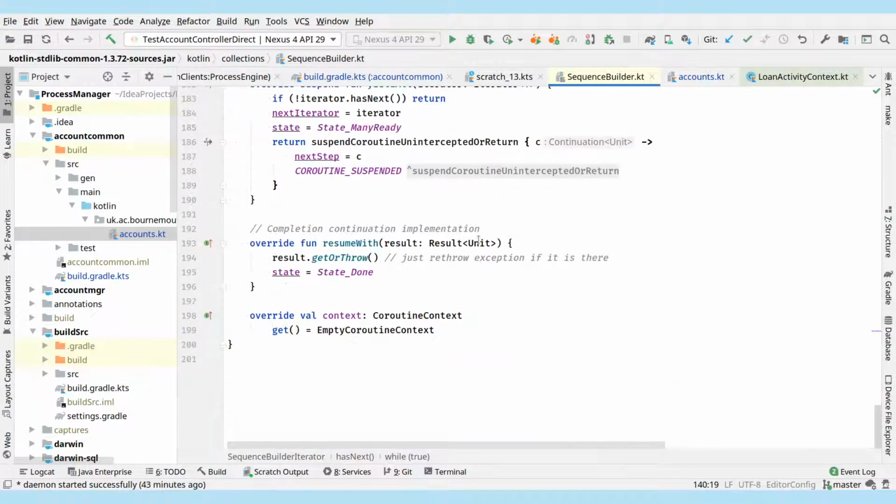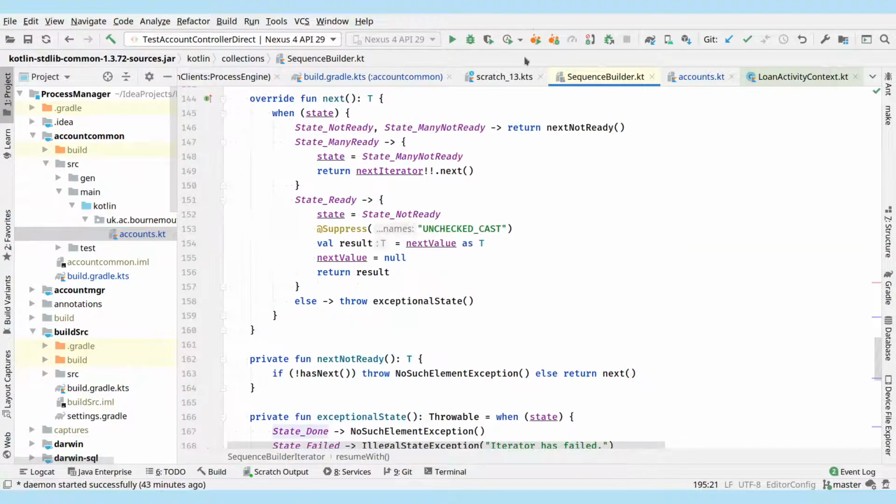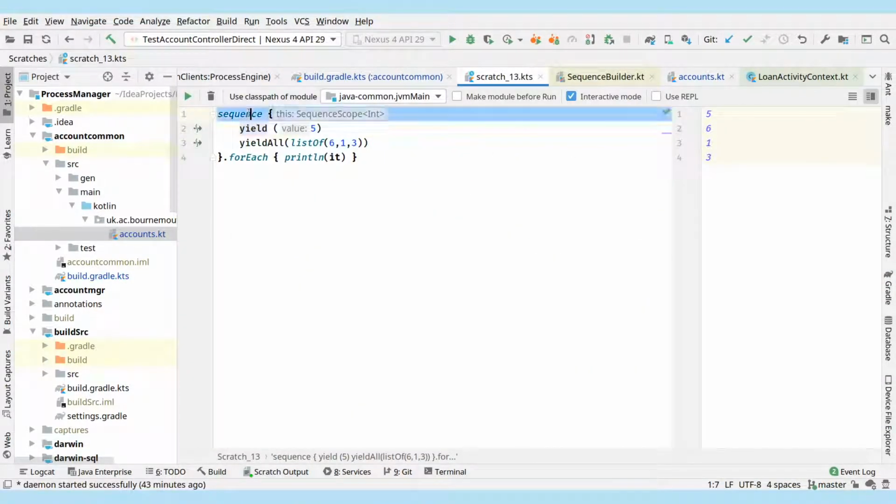And how do we finish? So when it's finished, this resume is automatically called with that result. And then we can set the state to be done, or to handle an exception if there is one, because if any exception is thrown anywhere, it will always be passed through this result, so that the caller, when we call in our scratch buffer, the caller here, so this sequence function, will at the end be able to